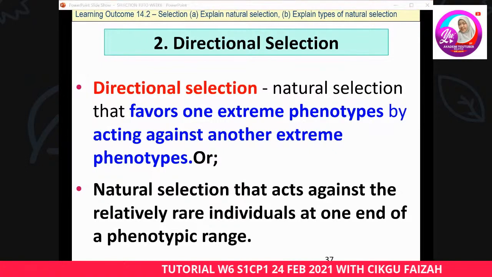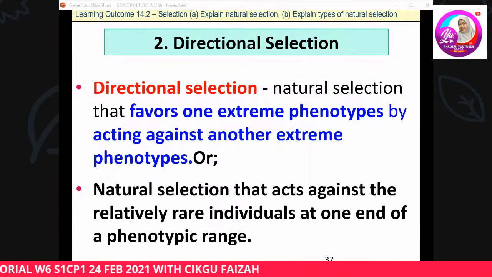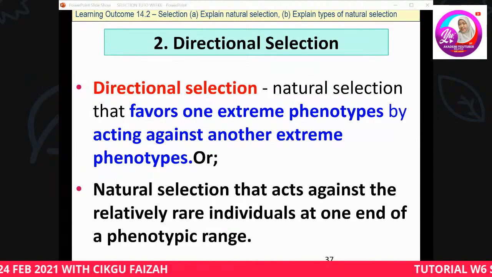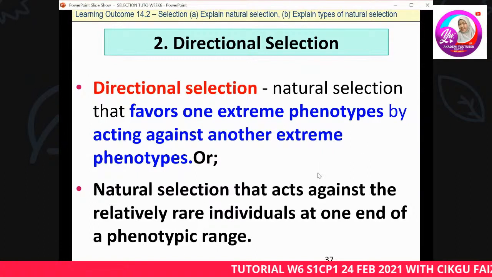Right, so satu lagi kancil. Oh, beli kancil. Tak adil lah tu, Okay, Aimi pilih long neck, betul, Okay, so directional selection, okay, is actually